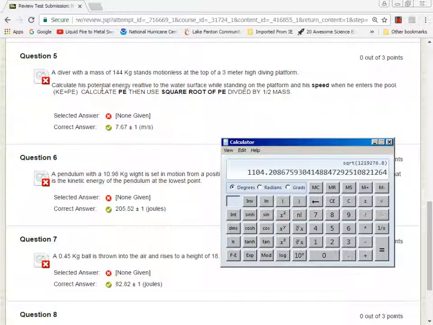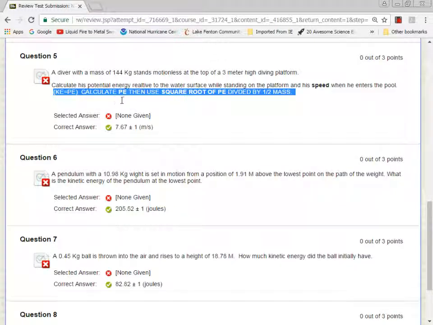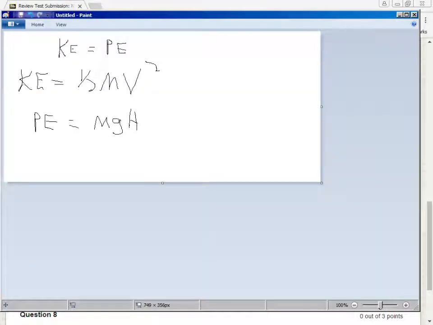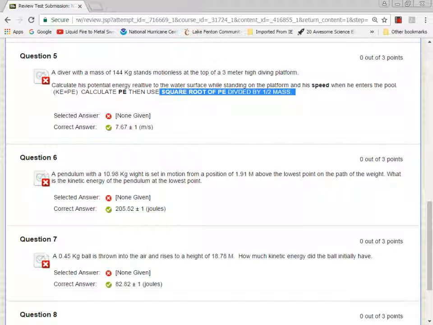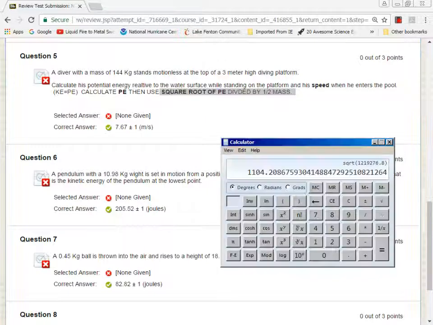This is where a lot of people get into problems, because you have to calculate this. When you calculate PE, use the square root of PE divided by mass. So ladies and gentlemen, you have to use the parentheses, because we tried it now twice and the calculator is not